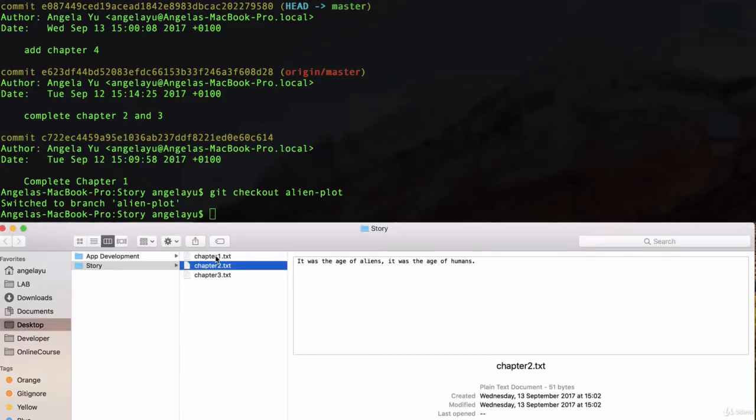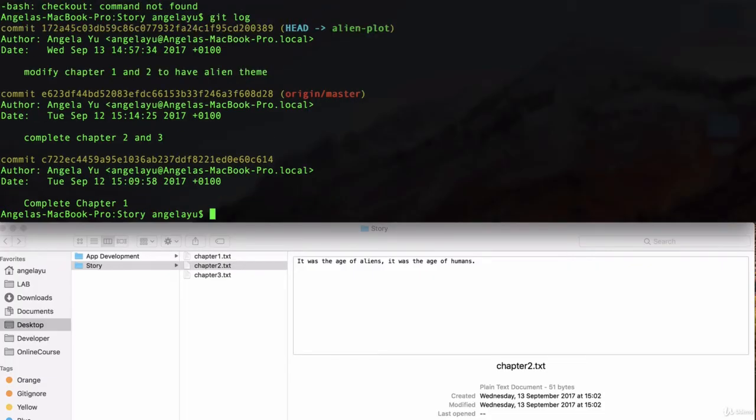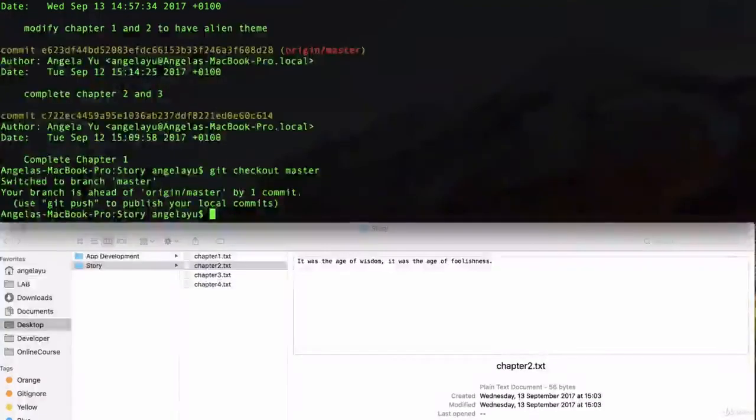So let's just say that I'm quite happy with the changes that I've made in terms of my alien plot addition, and I would like to merge these changes back into my master branch. So I've done a little bit of experimentation on a separate branch. I've messed with a few things, and I think it was a great experiment. So I'm going to put it back into our main master branch. So in order to do that, what you have to do is go back to the master branch. So git checkout master. And while we're on the master branch, we're going to merge the changes inside the alien